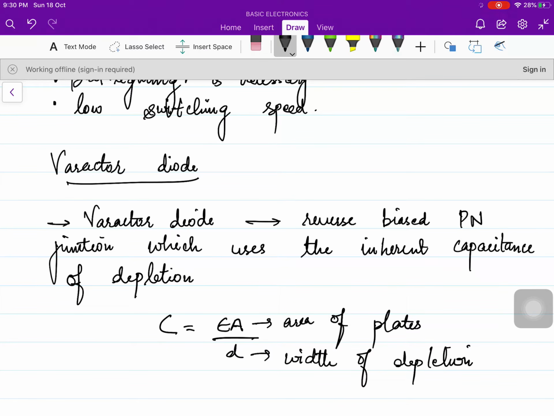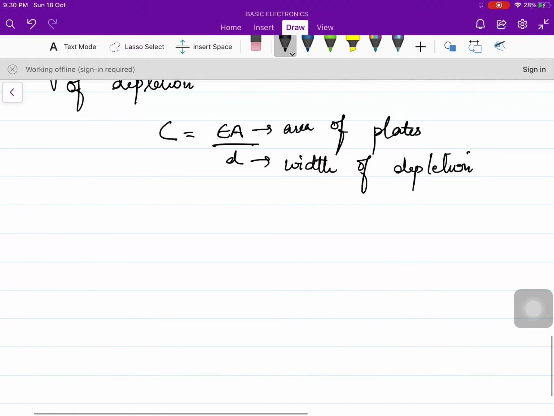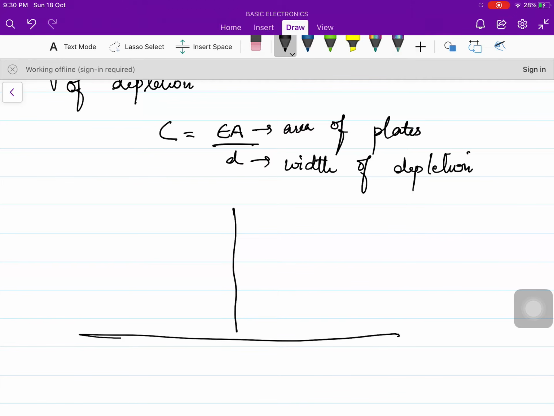And as we can see over here, the width of the depletion layer will increase, and when will it increase? When you increase the reverse voltage. So as the reverse voltage increases, the width will increase and hence the capacitance will decrease. So if we draw the graph of voltage versus capacitance,